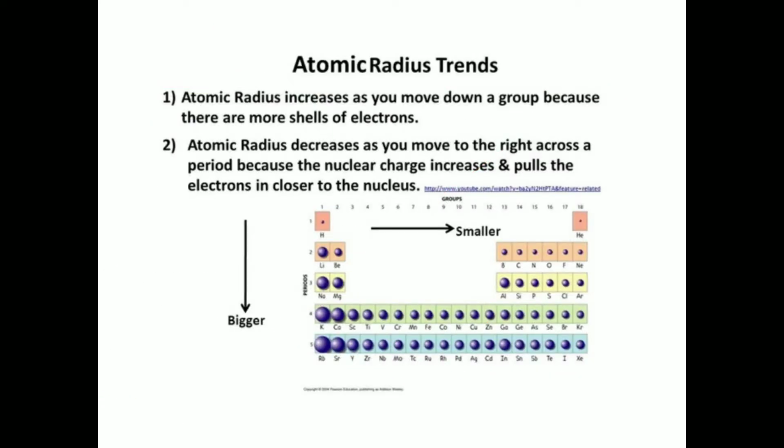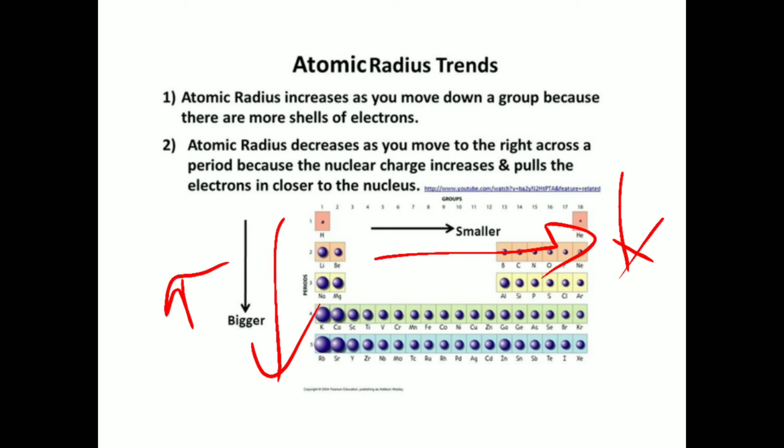Atomic size is defined by the atomic radius. As we already know, atomic radius will increase from top to bottom. But when we go from left to right, the atomic radius will decrease. While going down, the atomic radius will increase because the number of shells of electrons will be more. The number of shells of electrons will be added while going from up to bottom in a group.